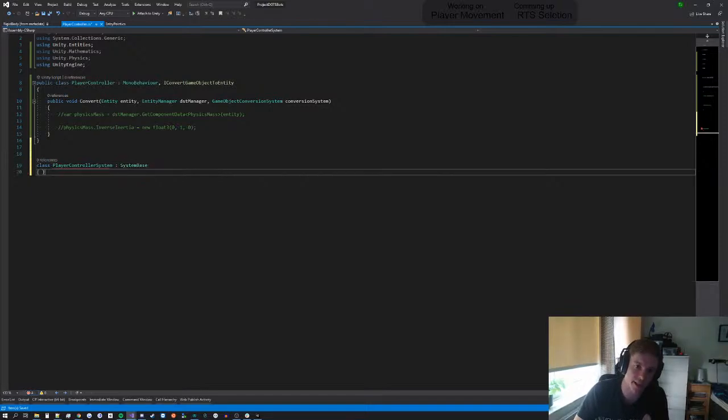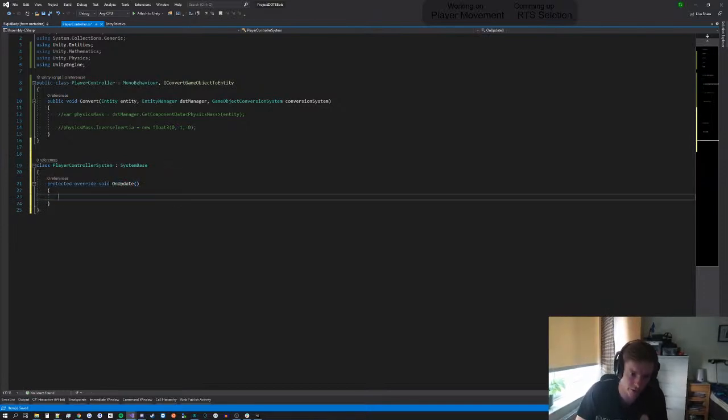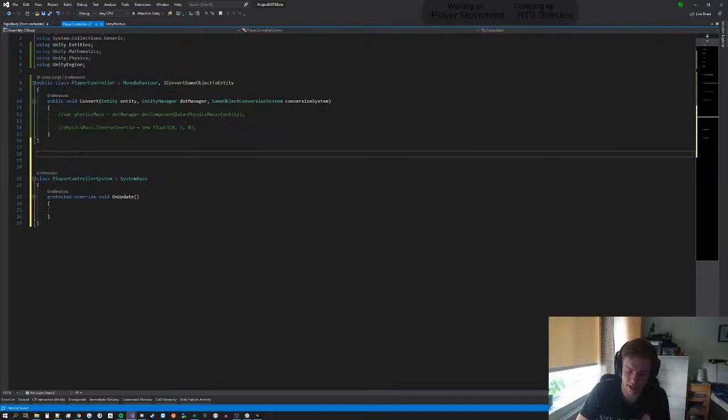System base is the base class for doing almost any operation on stuff in DOTS. There is some other stuff that might be of interest to some people, but this is the easiest one by far. Unity has really done a good job of making this accessible. If we take a look at this, it implements an update function, and inside this you can do whatever you want. We want to loop over all objects that have a specific component on them. So let's start by making a component for our